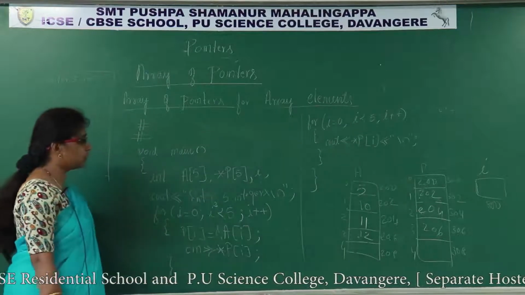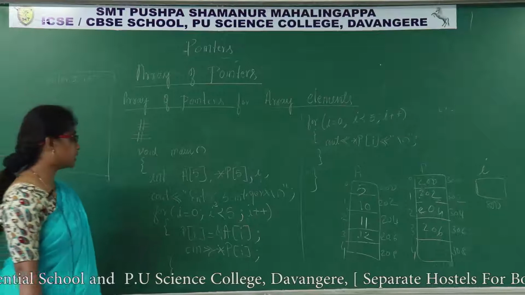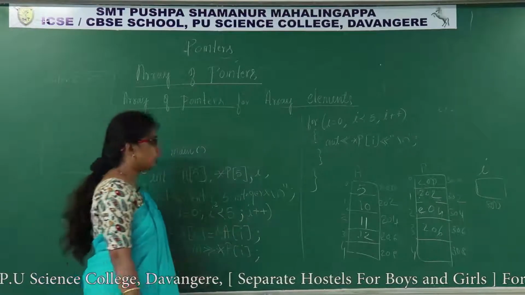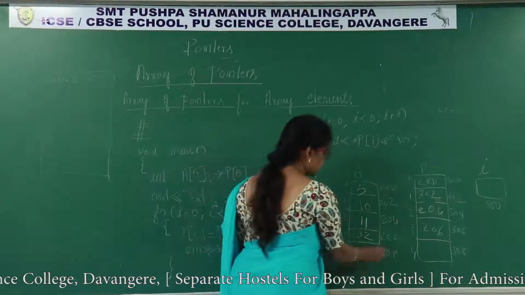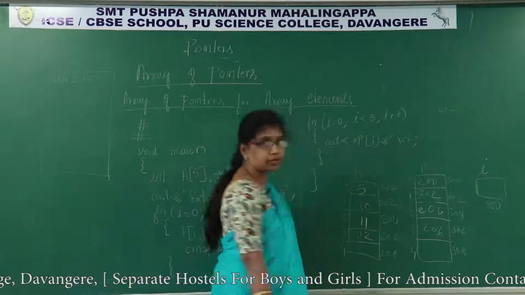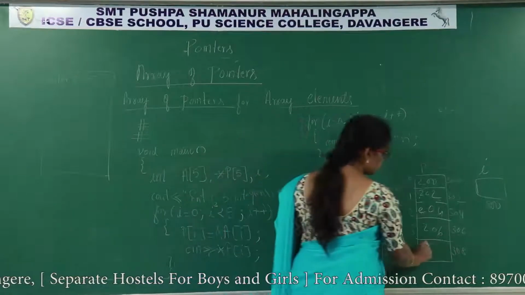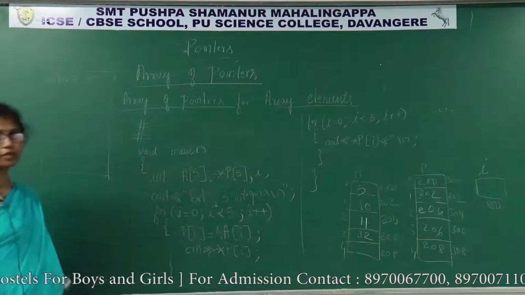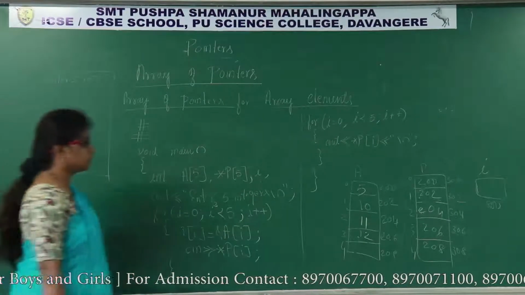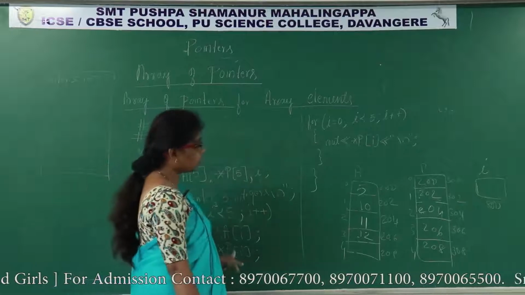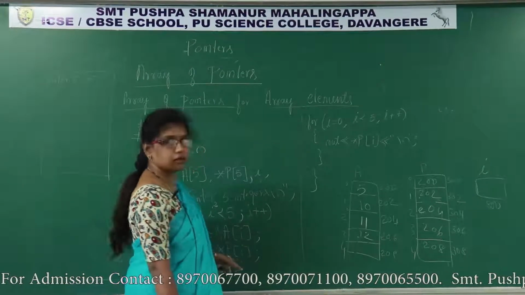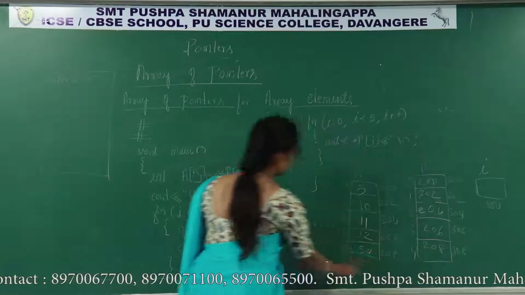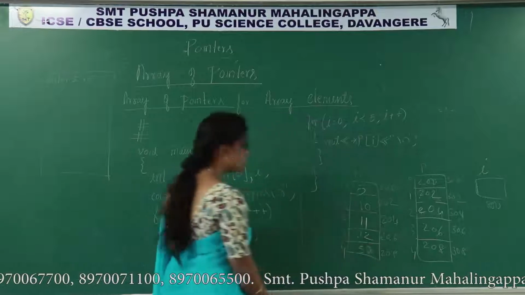Now I increments, I becomes 4, 4 less than 5, condition true. P of 4 is equal to ampersand A of 4. A of 4, this location. Address 208, 208 will be stored in this location. Now cin extraction, star P of I, star 208, this location. I'll take a value like this, 15. Now I increments, I becomes 5, it terminates from the loop.